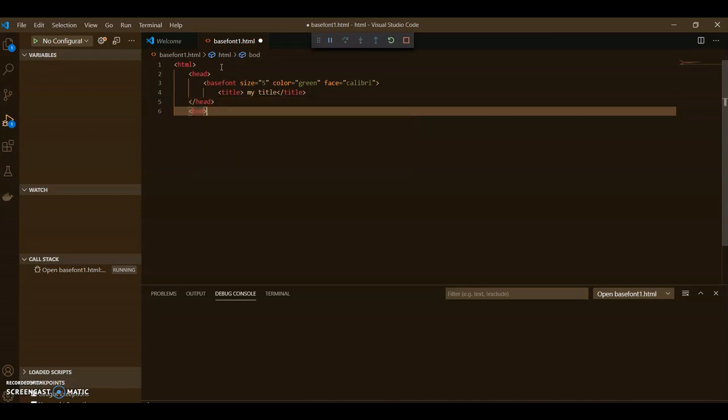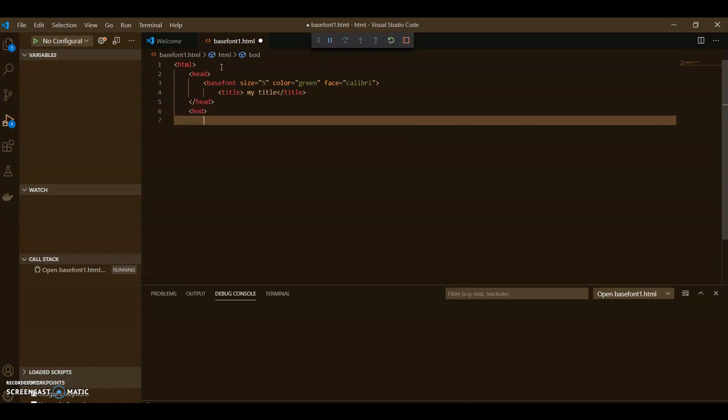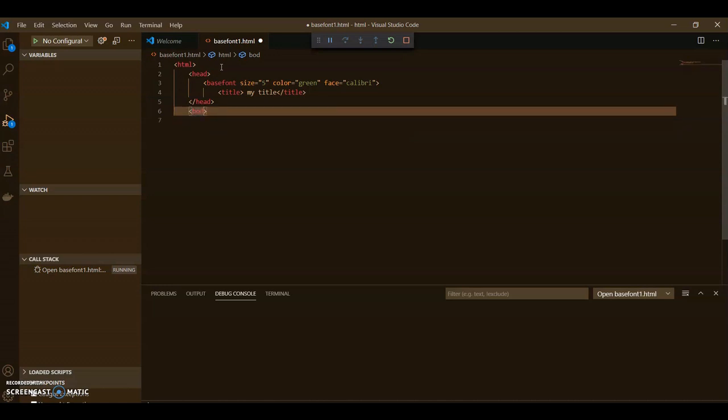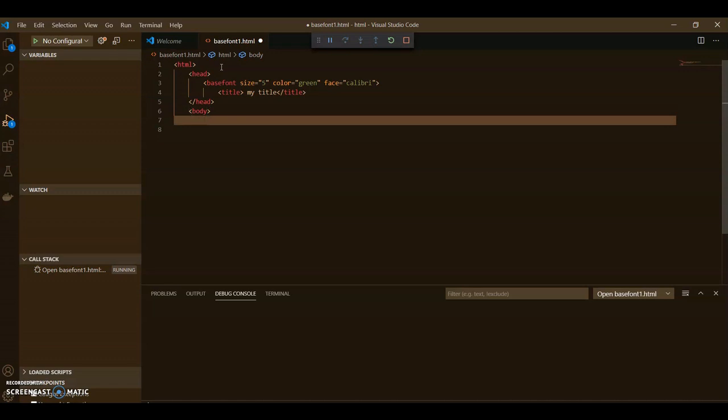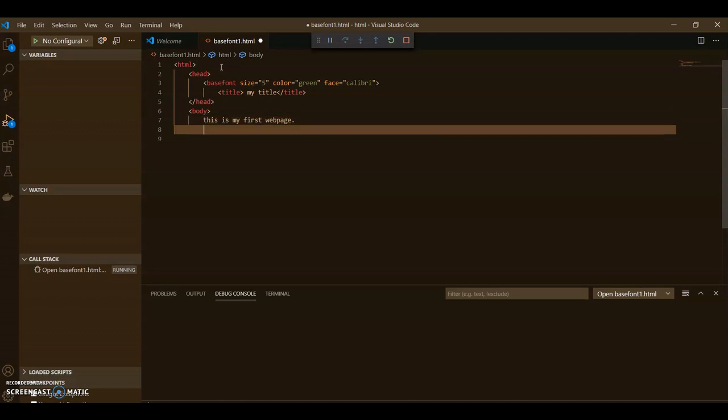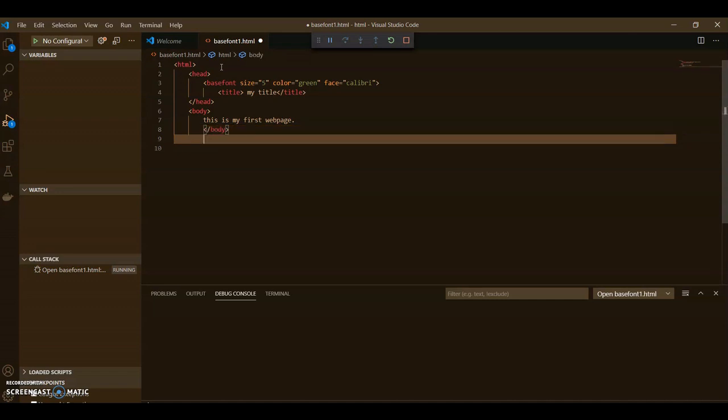Here you have to write some content. The spelling of body is BODY. I'm writing, this is my first web page. This is the text which will be shown in our HTML web page. After writing this, I'm going to close the body tag, and after closing the body tag, only the HTML closing tag remains, so I'm going to close it.